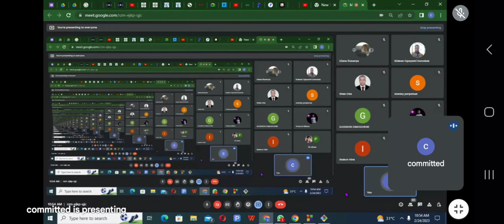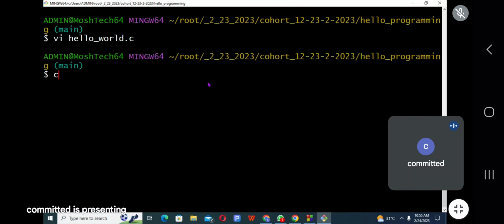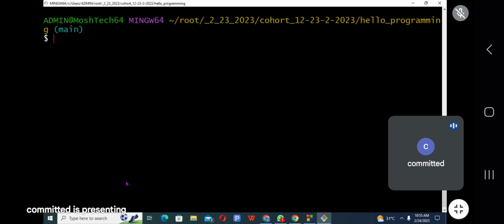the next thing we want to do, according to our topic, let me click on that and check the topic. We want to print hello world. What will be our first program that we want to write?